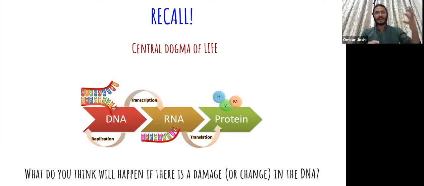So for example, now we have our DNA, which has a particular sequence. It goes on to make something called a messenger RNA, and this is then converted or translated into a protein. So a particular sequence in the DNA translates to a particular sequence in the protein. So now the interesting question, what you guys should also think about, is, what will happen if I change this, right? If I change the sequence in the DNA, what should it do to the protein that it encodes for? So what all of you must realize here is that a change or a damage or any modification to the gene on the DNA will directly lead to a change in the protein sequence, right?